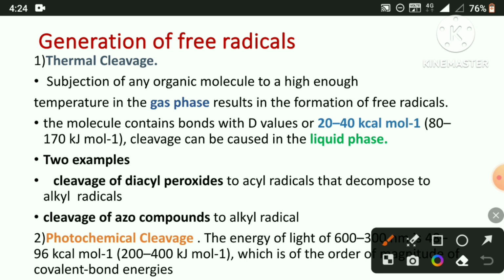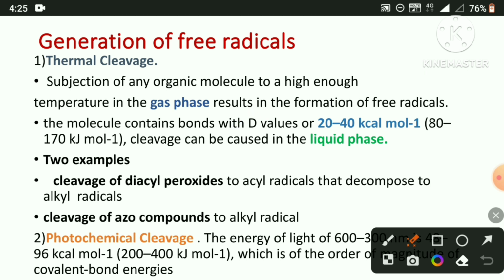So there are two ways. The first way is thermal cleavage. Subjecting any organic molecule to a high enough temperature in the gas phase results in the formation of free radicals. The molecule contains bond dissociation energies